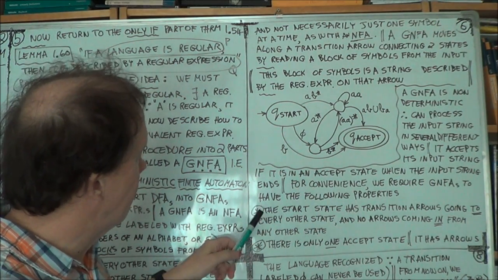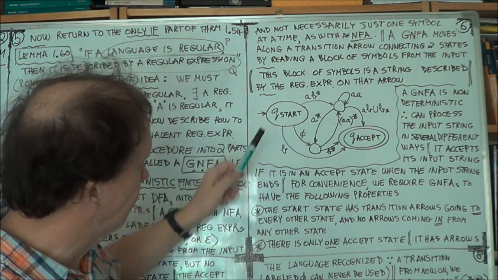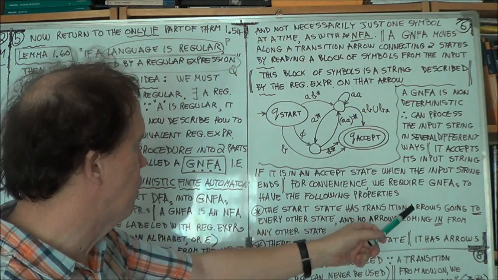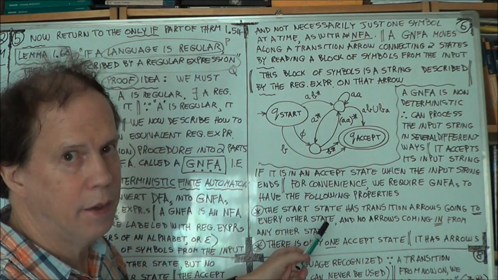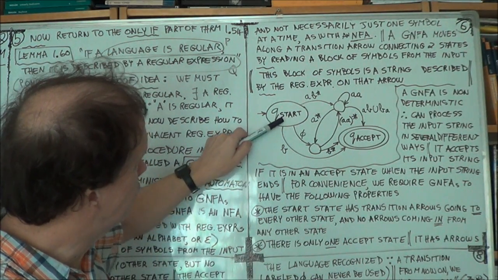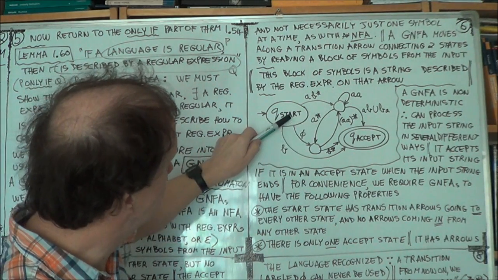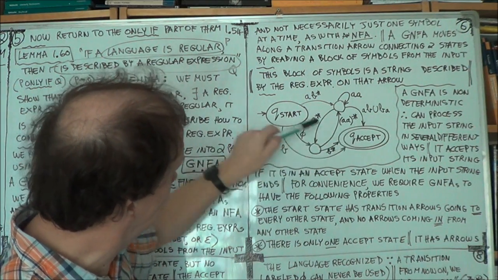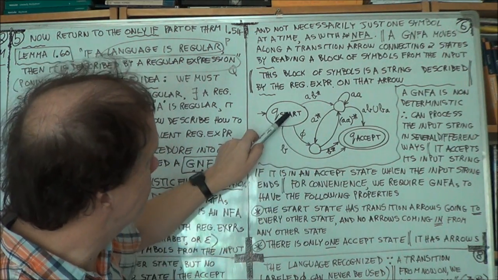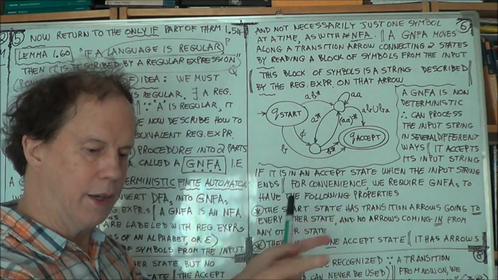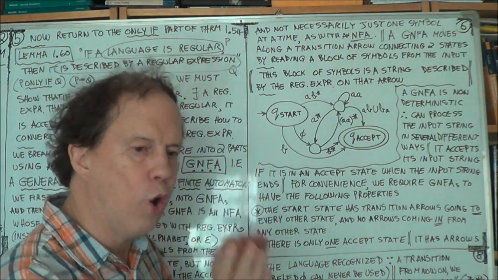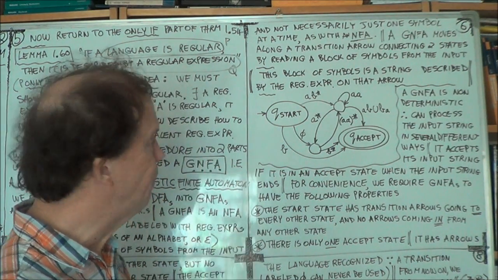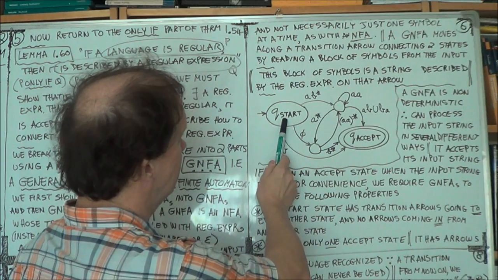Right. The first one concerns the start state here, and it's saying this start state has transition arrows to every other state. Okay. So from here, there will be transition arrows to all the other states. There'll be an arrow to that one, there it is. There'll be an arrow to this one, there it is. And there'll be an arrow to that one, there it is. So your start state has transition arrows to all the other states. Okay? So mental note. Yeah? So here's your start state,